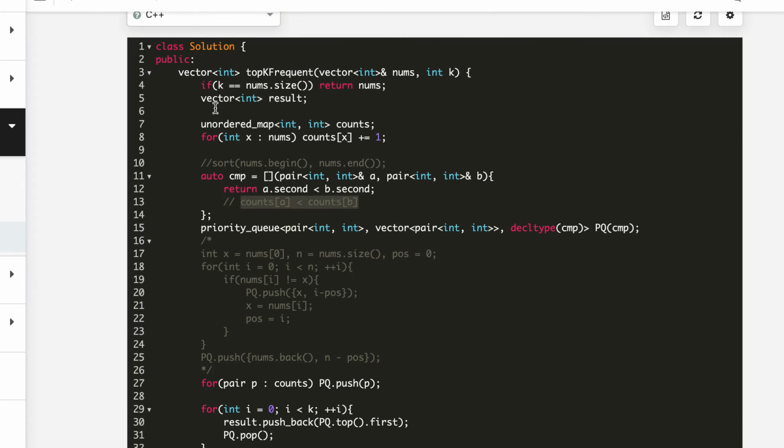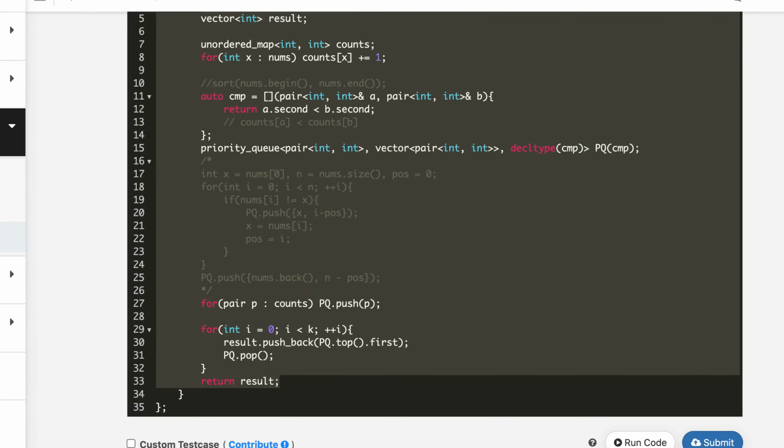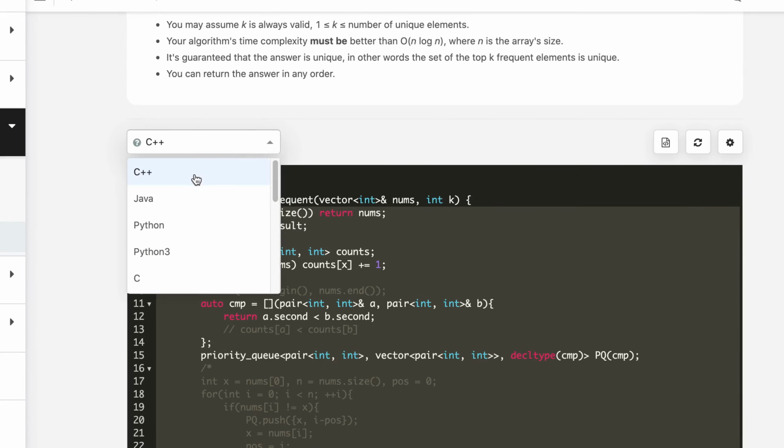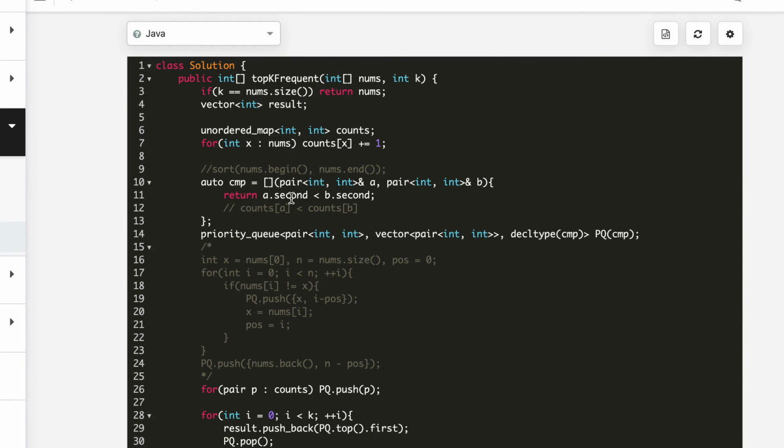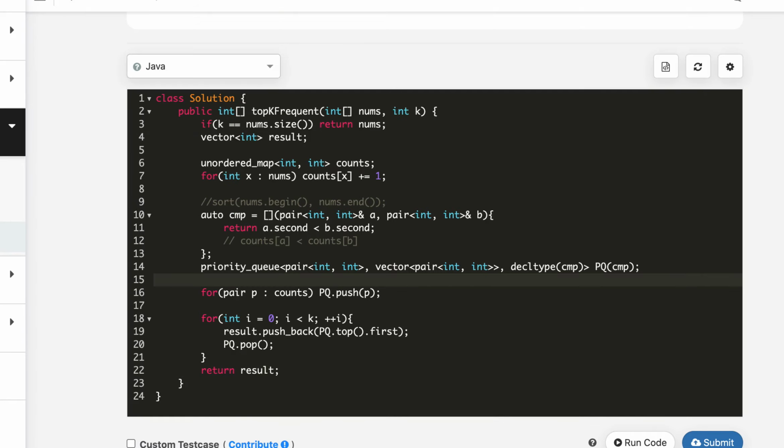Now we will write this in Java. And we will be using the map based solution. Let's go ahead with one of those.